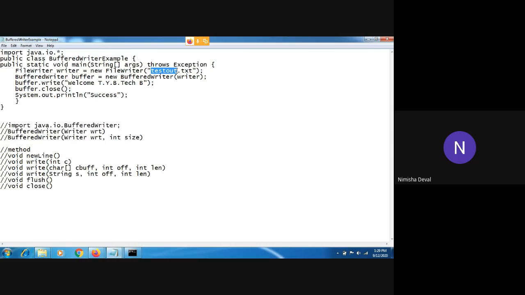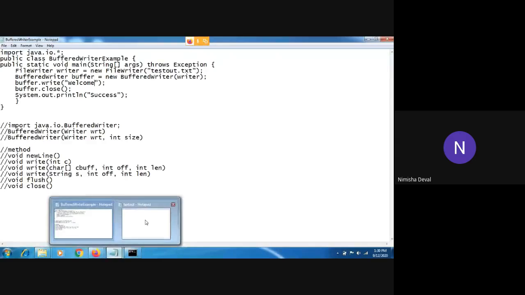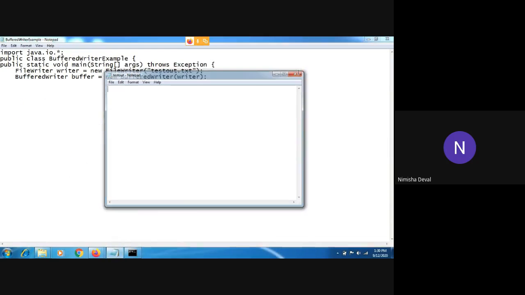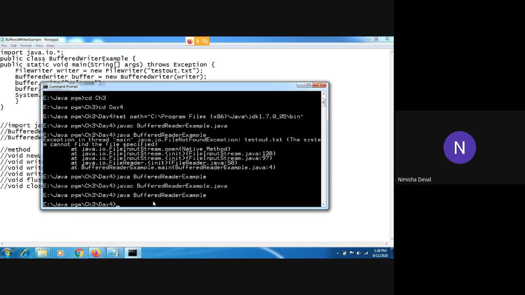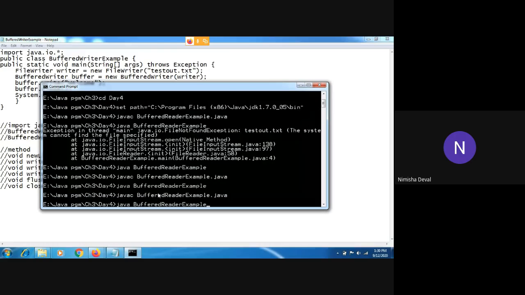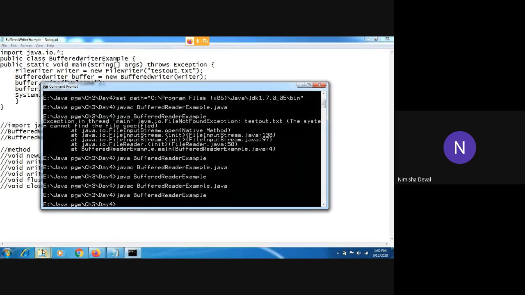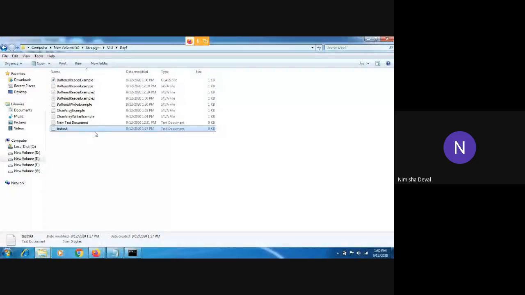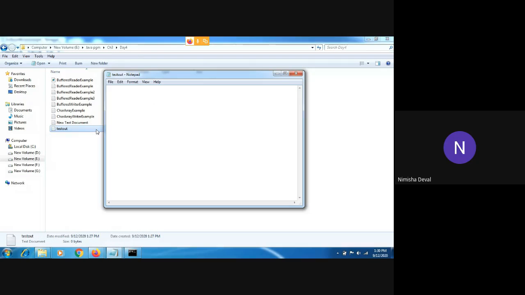If the file is not reflecting our output, we can't do it, because this is an internal problem. Now I will check again if it is resolved. Still it is not reflecting.